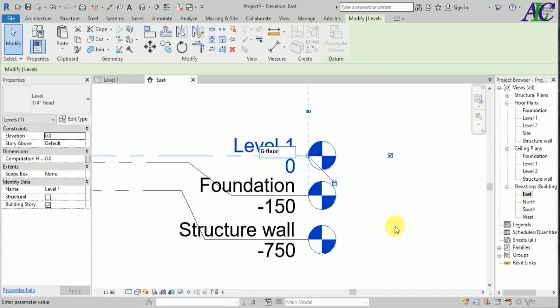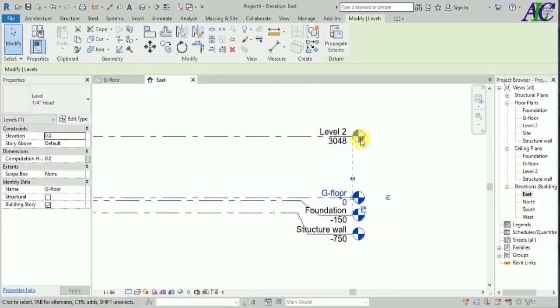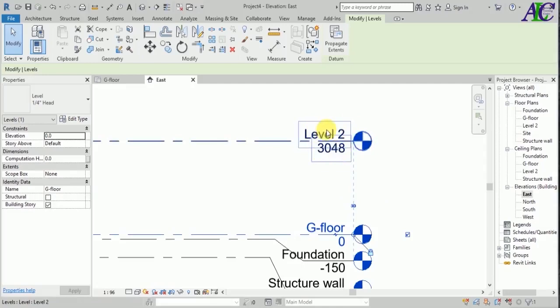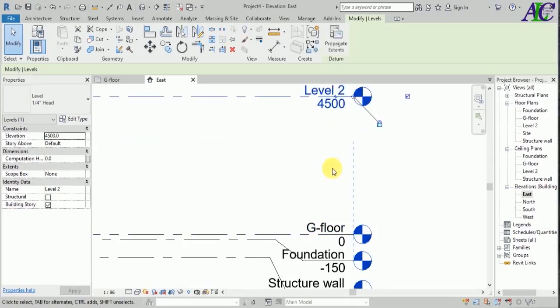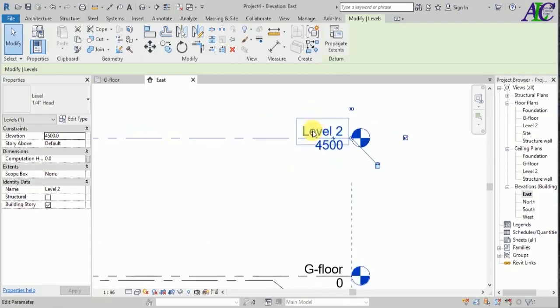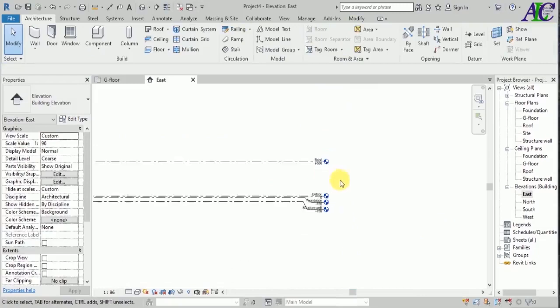Okay, and so the top floor, let's give a value for the height of this supermarket, 4.5 meter. So let's again change the name as well to the roof. Okay, so this is the roof. Okay, after setting up the elevation,